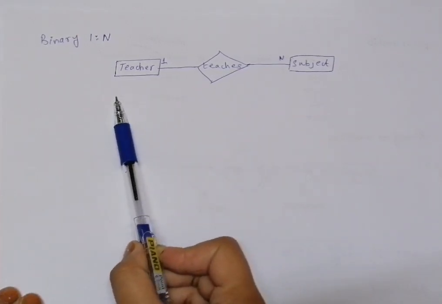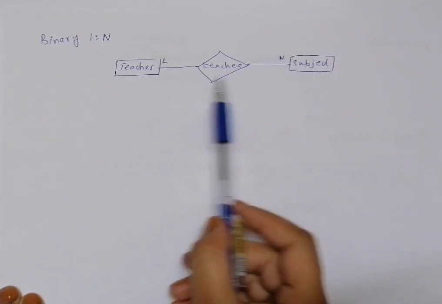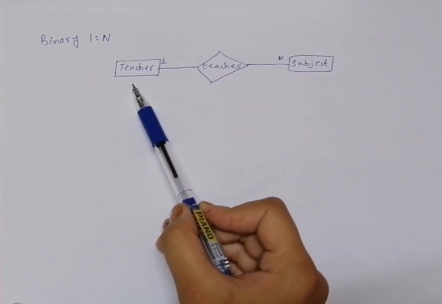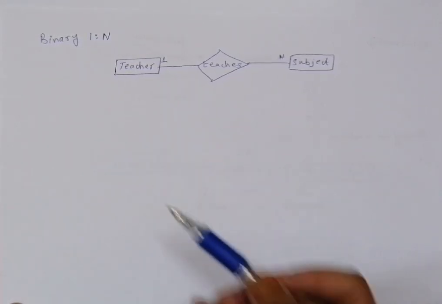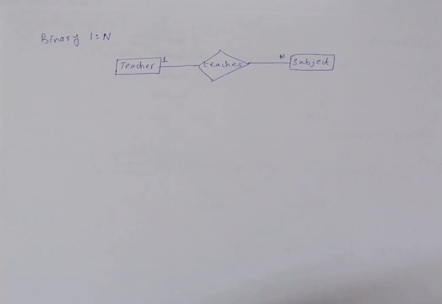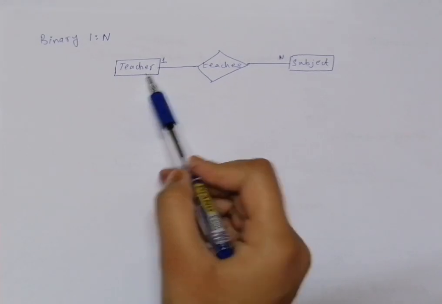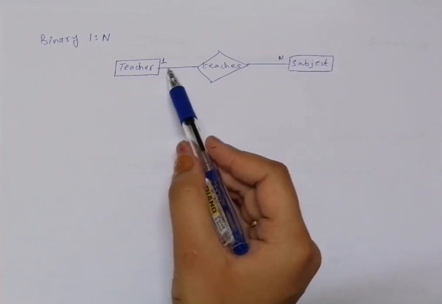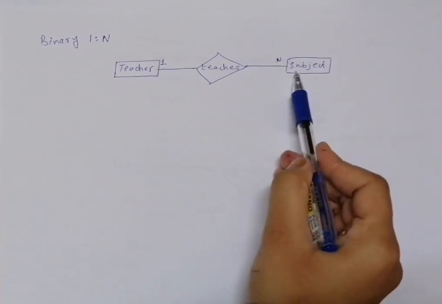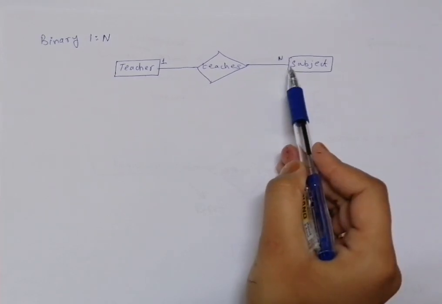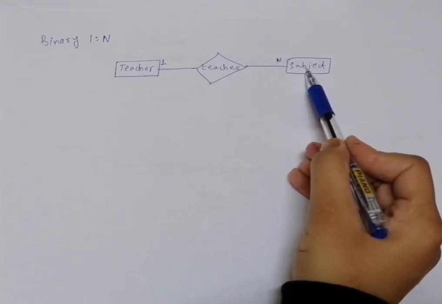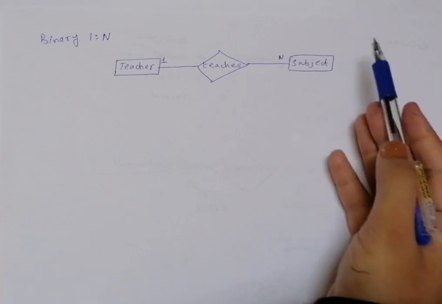So if we make a table of it, in front of one teacher there would be a multi-valued attribute as a subject or subject key, which is not allowed in terms of a database, while creating the table entries. So we will take this teacher id and write it in front of the subject. As a rule of thumb, whatever is at the one side, make its primary key a foreign key and take it to the many side, so that we don't have multiple rows. In subject, we just directly write teacher id in front of subject id, which makes it easier. We just have to add a new column.